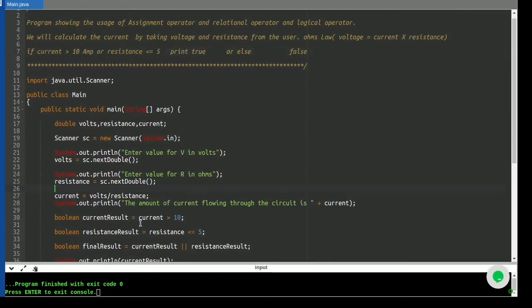we declare a boolean variable and we name it current result, and the data type for this current result is boolean, since we expect that the value held by the current result variable is either true or false. And after that we apply the condition, that is if current is greater than 10. Now the result of this particular evaluation will get stored in the current result variable, and then in order to